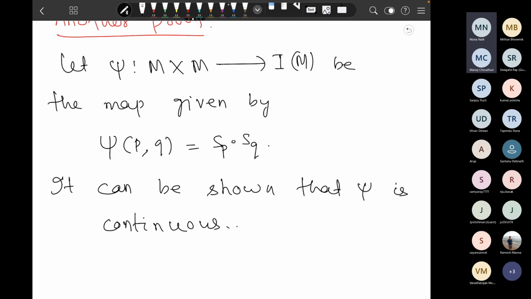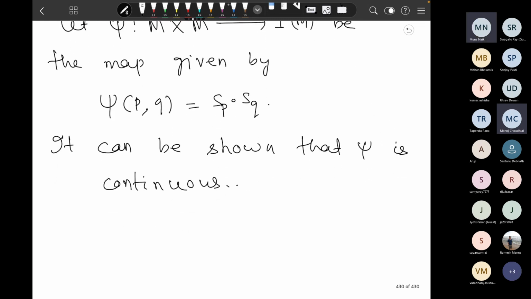But S_P and S_Q are geodesic reversing isometries, isn't it? Yes, sir. So S_P and S_Q are geodesic inversions around a point. If you perturb P a little bit, then the geodesic inversion will change the isometry by a little, in the compact-open topology, of course. Therefore, this is really not hard. You can believe that this is continuous. I am not giving the rigorous proof, but this is continuous.